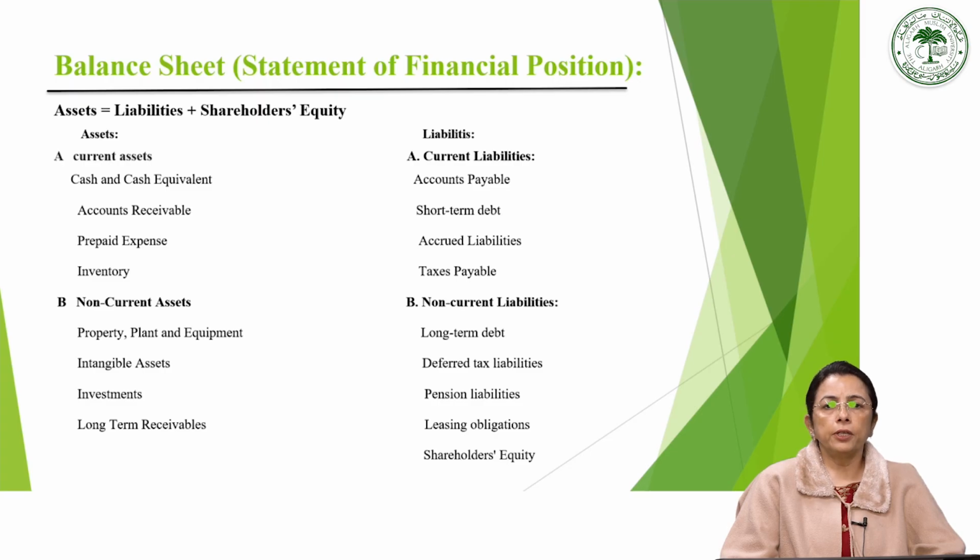After comprehensively understanding the profit and loss account and trading account in a very detailed way, and all the entries that are to be made there, and what the three different profits, that is gross, operating and net profit, are and how they are computed, we now move to the next part of our financial statement, and that is called the balance sheet.